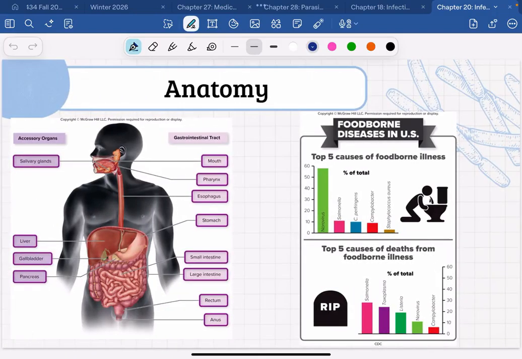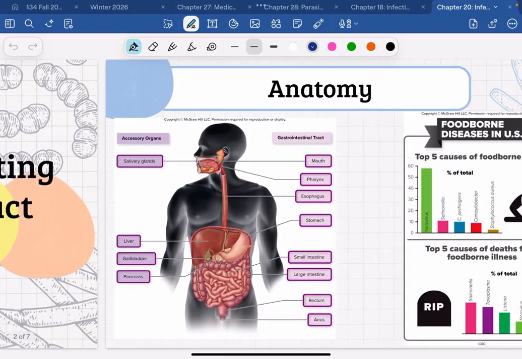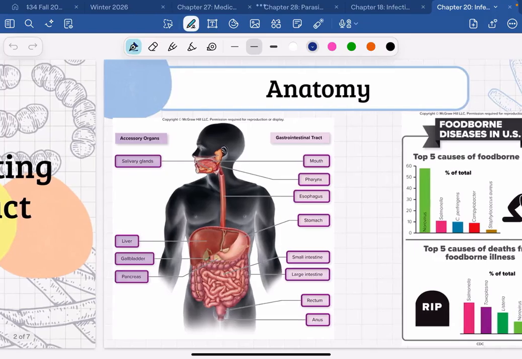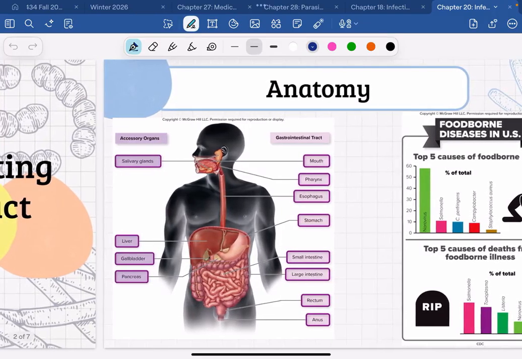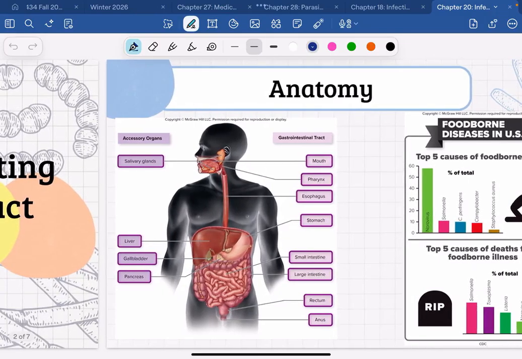I think we've talked about this before, that human beings are basically a giant chunk of meat with a tube going through it. And the tube going through it is your gastrointestinal tract, right? It starts at your mouth, it goes down your trachea, into your stomach, through your small intestine, through your large intestines, and then out your anal opening. Okay, so we're just a big chunk of tissue with a giant tube through it.